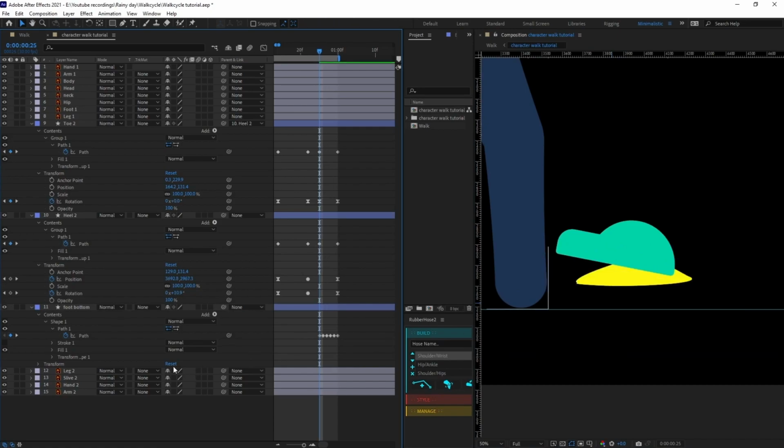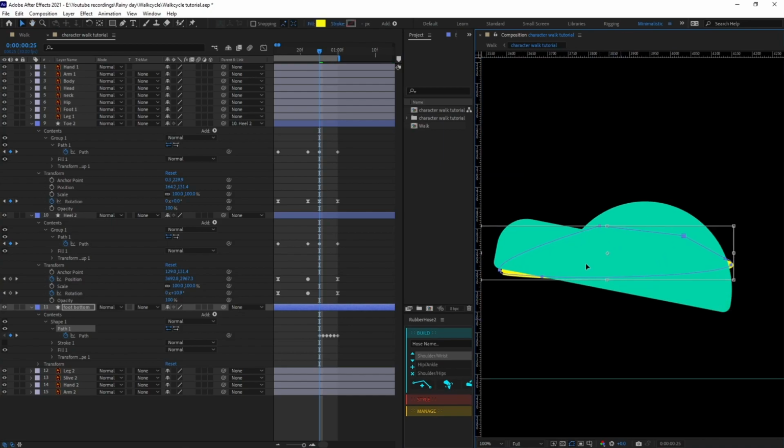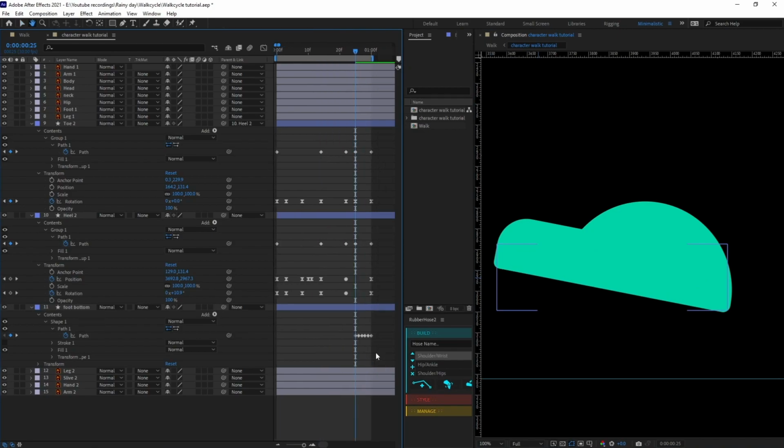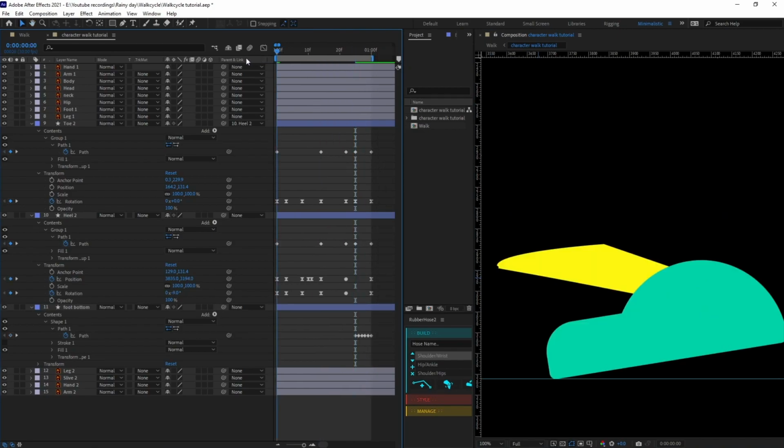So at this point, we are going to exactly flatten this whole shape so that this bottom portion will not be visible at this point. Okay. Now we are going to jump onto the initial position, put a keyframe.